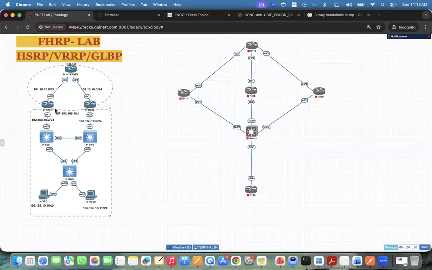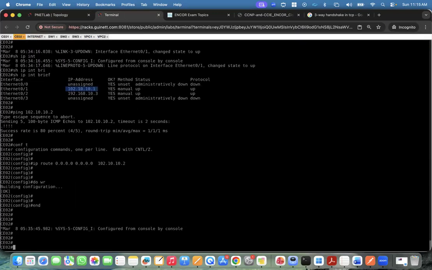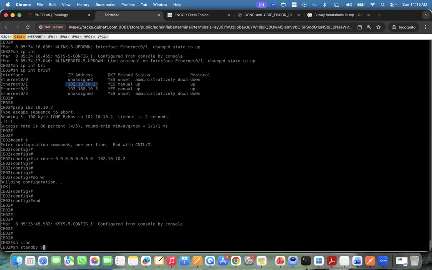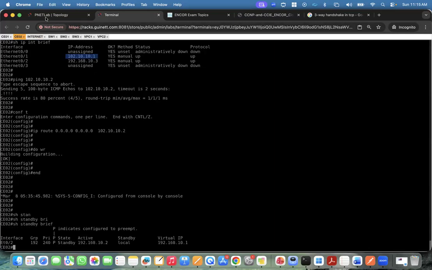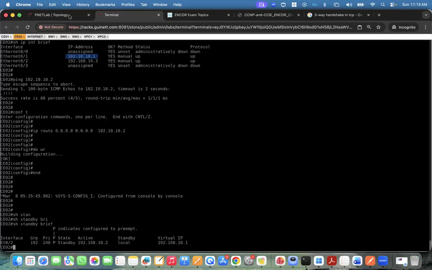In case my router fails, my traffic is safe. We know that. Let me show you. In case my router is going to be down, this is my secondary router. But in case my router goes down, your failover is happening. Shut down this router. You can see